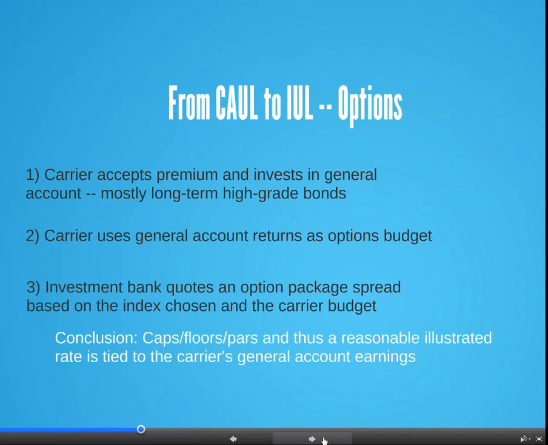Most carriers are around 5%. Okay? So should we show 5% for index UL? Not necessarily. The NAIC is saying we can show up to 145% of whatever that is. So if they had 5%, it'd be a max illustrated rate of 7.25. Okay, well, does that make sense? I think it does,